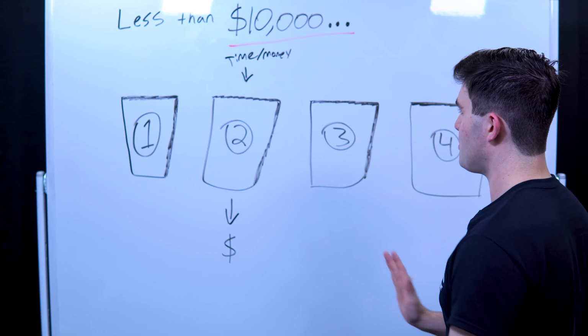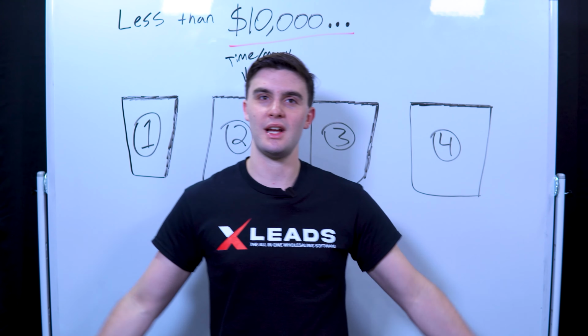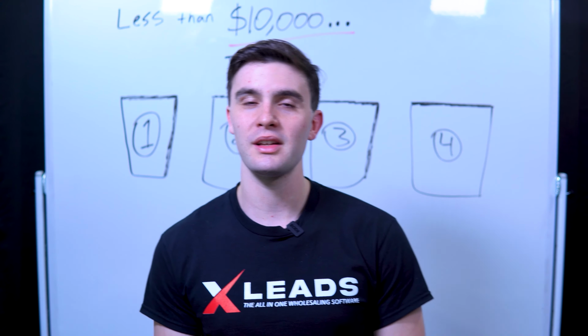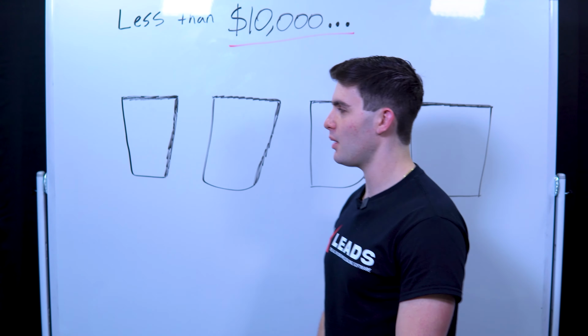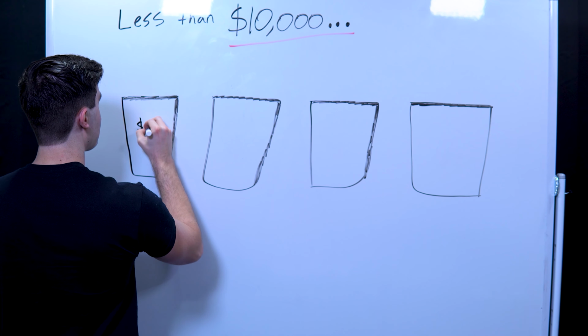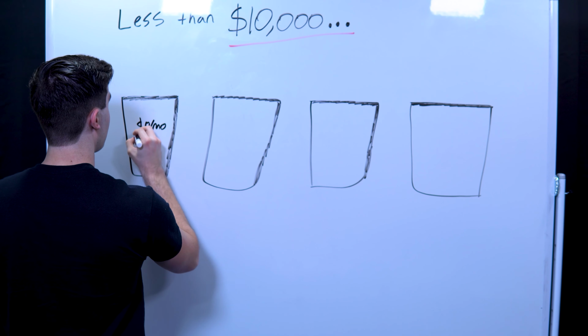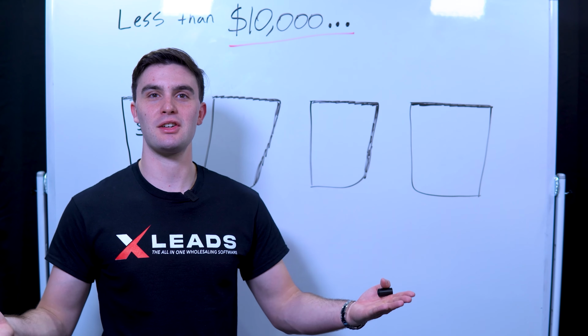There's so many of these different type of buckets, but to make this really simple, let's do the one that everyone understands. What is the universal language in this world? It is money. So we're not gonna number these buckets, but we're gonna label them. So bucket number 1, I'm calling this my $0 a month bucket. Pretty simple. I have $0 a month I can put into wholesaling. How do I turn it into money?